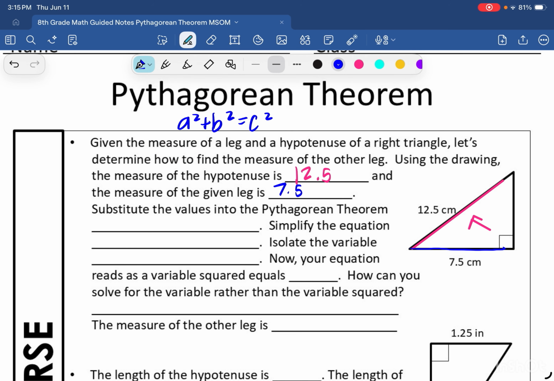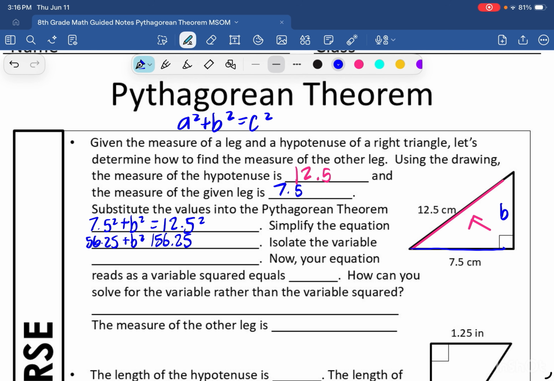And one of my legs, a squared, is going to be 7.5 squared. I don't know the length of my other leg, b, so we'll just keep that as b, plus b squared equals 12.5 squared, because remember 12.5 is the hypotenuse. Now it tells me to simplify it. So 7.5 squared is 56.25 plus b squared equals 12.5 squared, which is